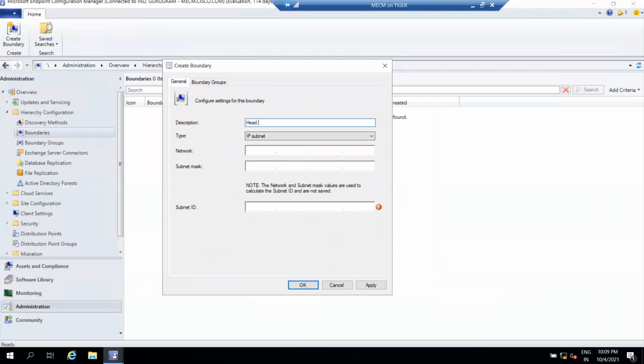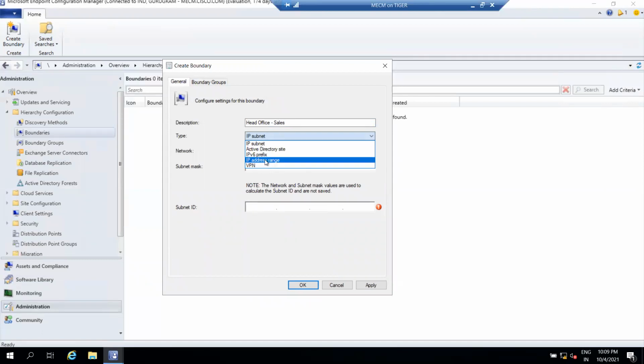Yes, we are creating this boundary for head office, for example, for the sales department. Now we have to choose the type of boundary: IP subnet, Active Directory site, IPv6, IP address range, and VPN. The best and recommended methods are IP address range and Active Directory site.